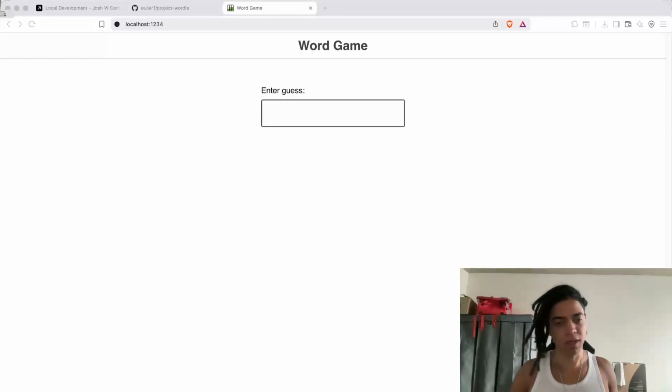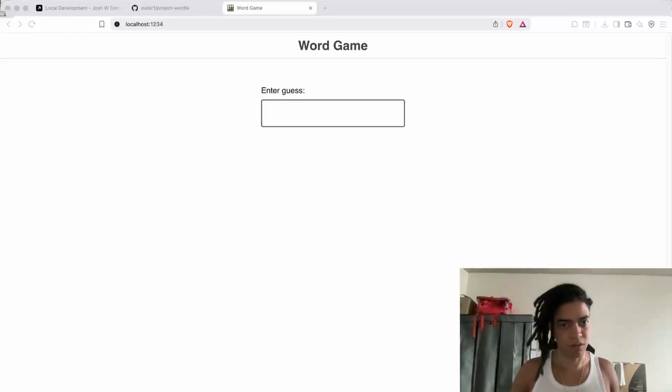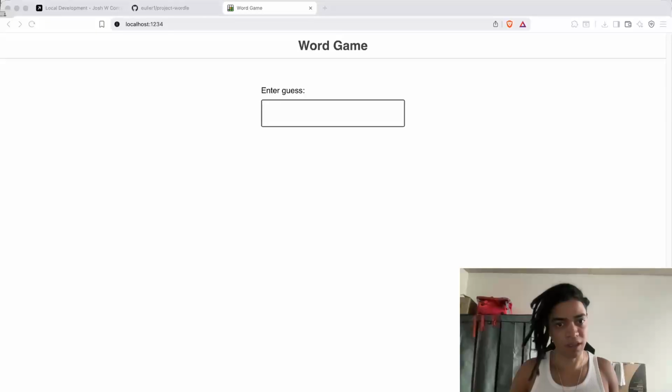So here, setGuesses will now be a new state that I would like to create, to say is the new guess. That'll be an object with the ID using crypto.randomUUID rather than Math.random, because now this actually guarantees